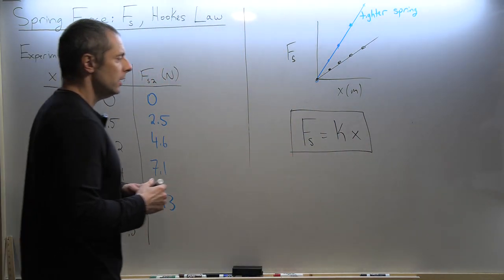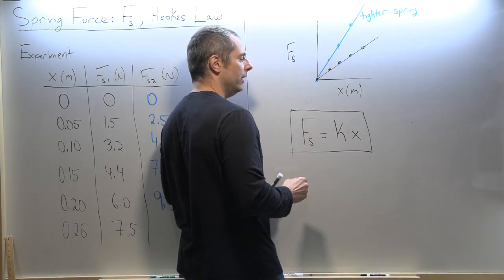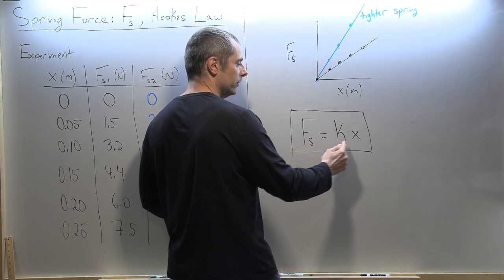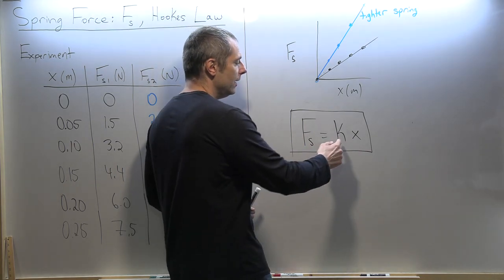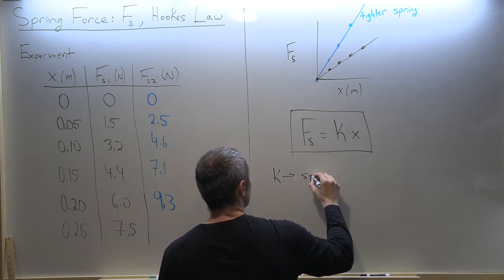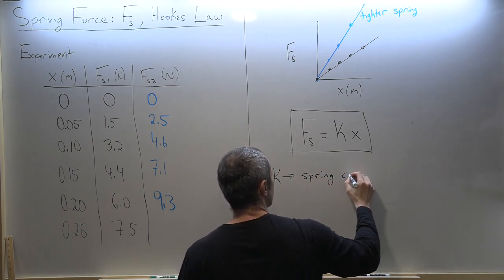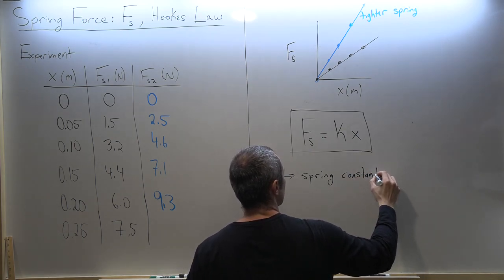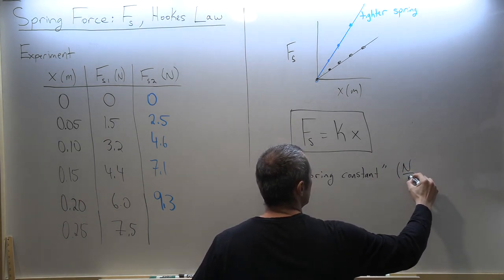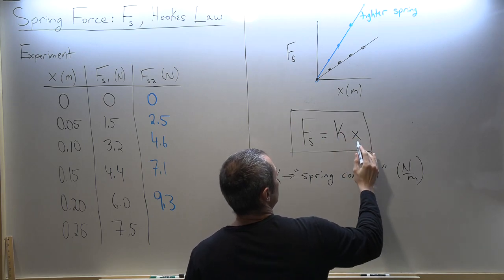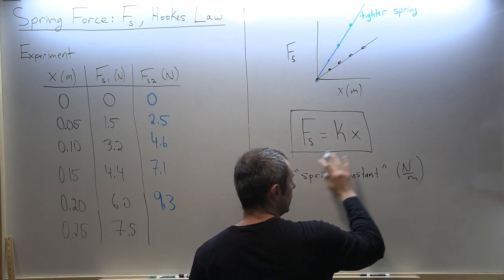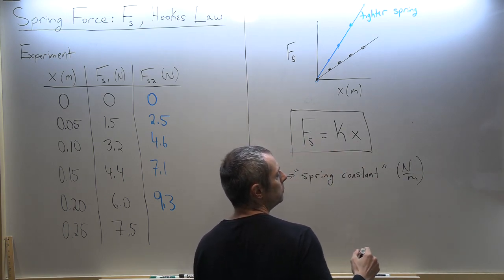Okay? So again, spring force depends on how much you stretch the spring. If you double the spring displacement, you double the force. If you triple the displacement, you triple the force. This is what's called the spring constant. It's measured in newtons per meter. We could tell that from the equation because if this is meters, then we need to have newtons per meter here, so the meters go away, leaving us with newtons on both sides of the equation. So newtons per meter,